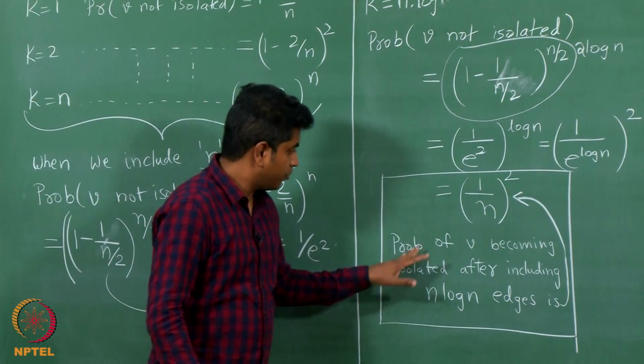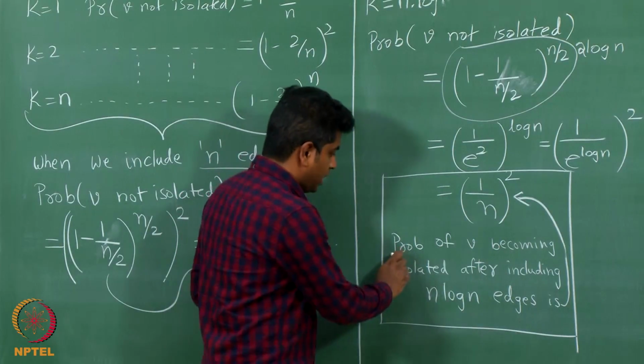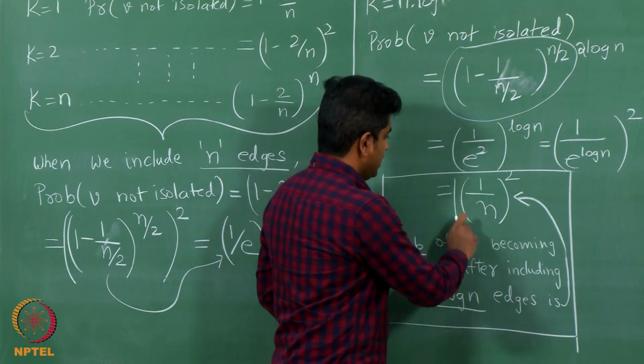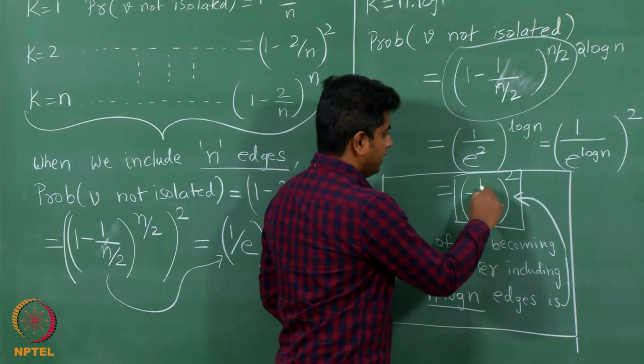I repeat, the probability of a vertex V becoming isolated after including n log n edges is 1 over n square,